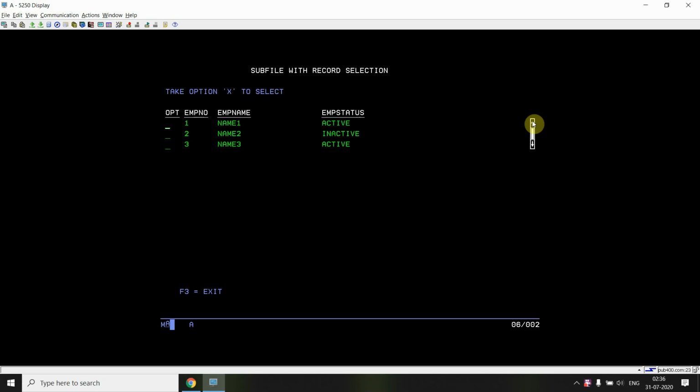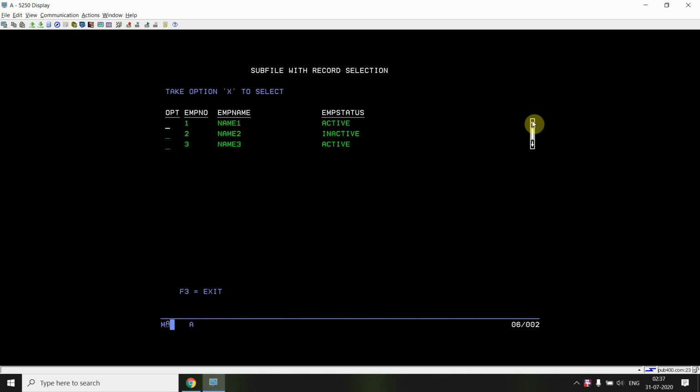So for example, if I press page up or page down here, I can scroll the whole subfile page of records. Subfile page records means whatever number of records are loaded on a particular page. So I would be moving to the next or previous page accordingly if I press page down or page up.